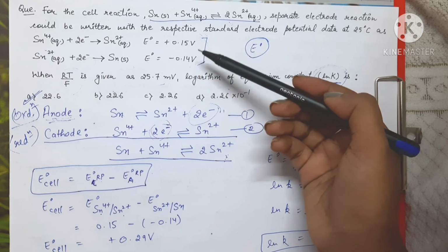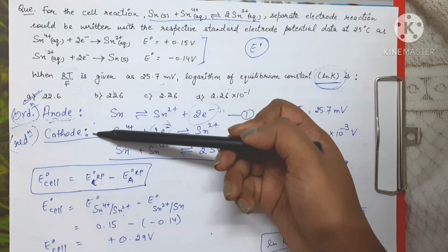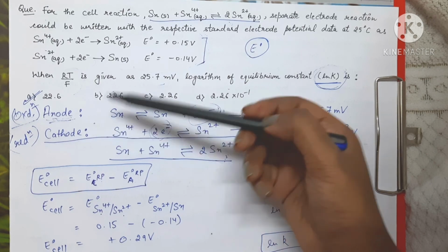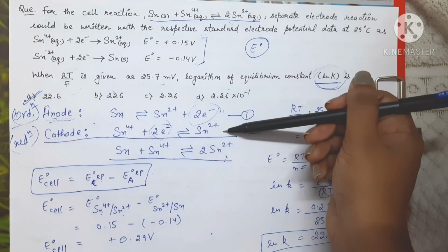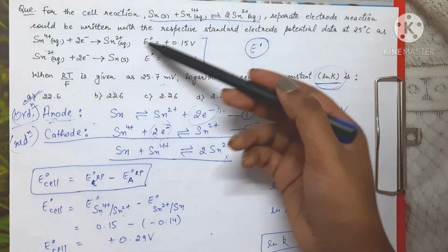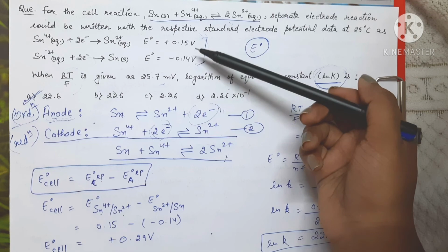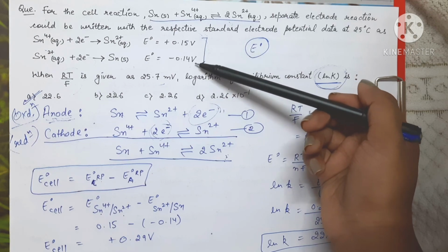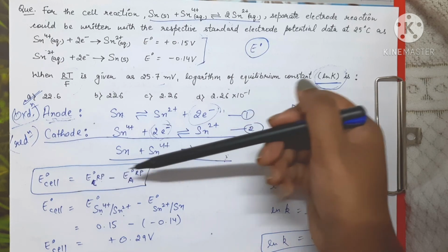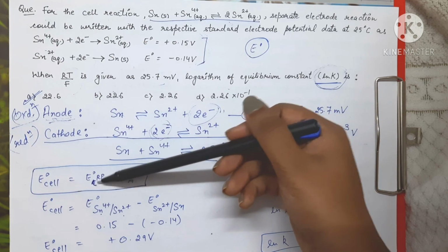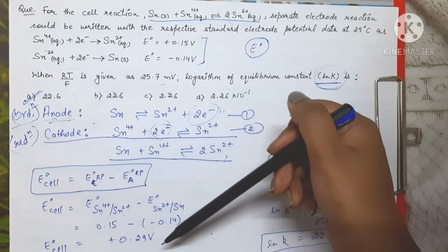But what we know is that at one of the electrodes oxidation takes place and at the other electrode reduction takes place. So the reaction which is happening on both the electrodes is this one, but in the question they have given the reduction reactions and their corresponding reduction potential values, right? So that is why I have used this expression in terms of reduction potential at both cathode and anode, and that way we have found the value of E naught of cell.